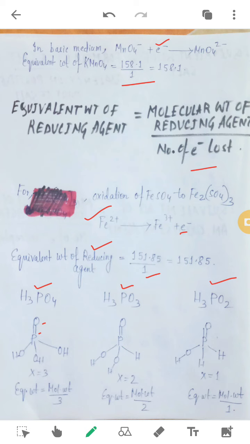In the chemical bonding chapter you will be learning about writing these structures. So here it is OH, OH, as you can see. Oxygen being more electronegative, this H can be replaced, this H also can be replaced, and this H is also furnishable. So X equals 3. You get the basicity as 3, and hence here we have written 3.